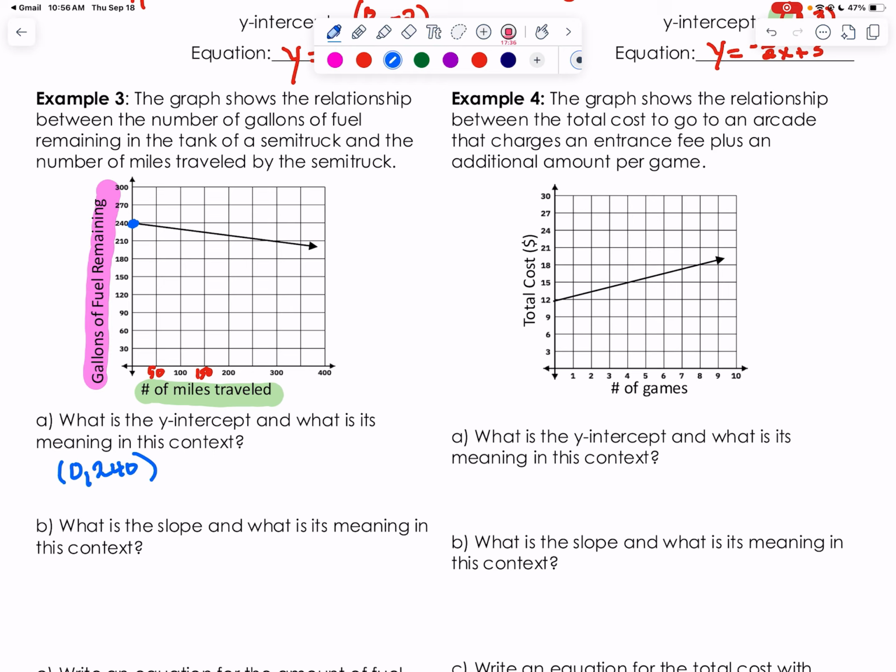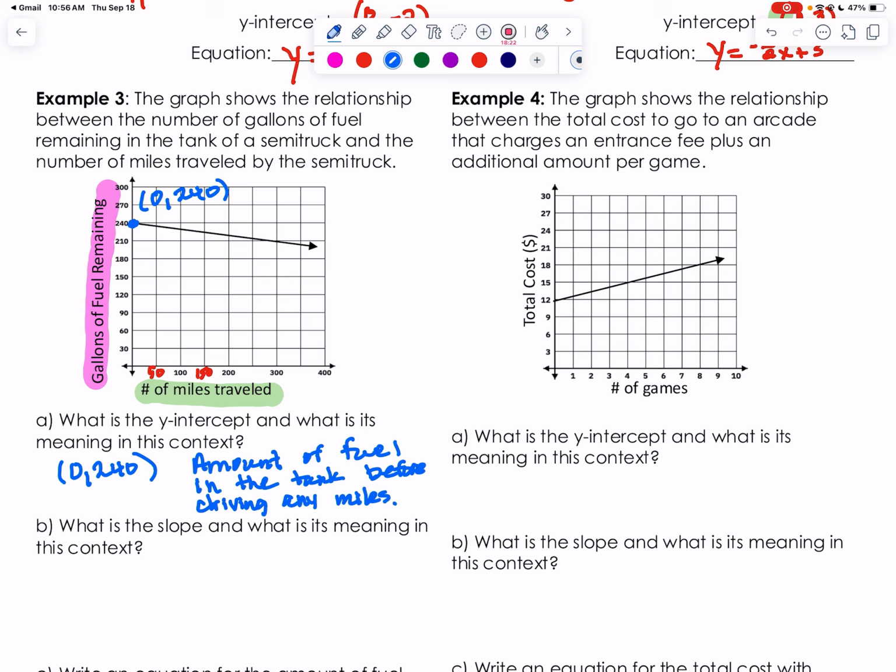So if our point is 0, 240, that means the 240 represents the original number of gallons in the tank after the truck fueled up. So let's see, how do I want to say this? I can say the amount of fuel in the tank before driving any